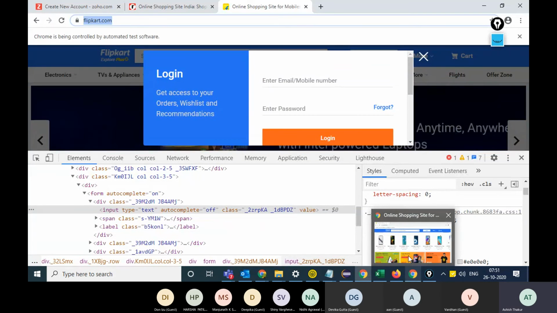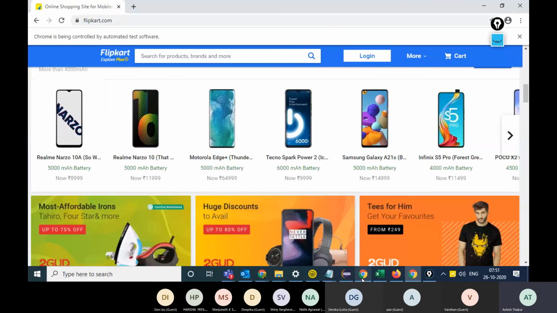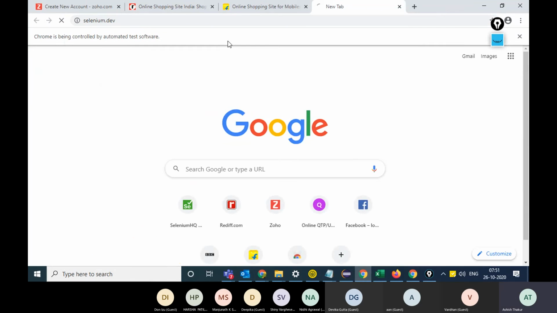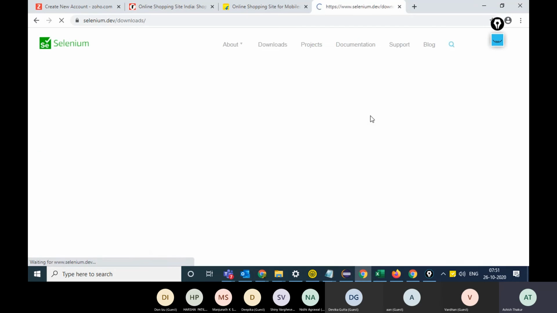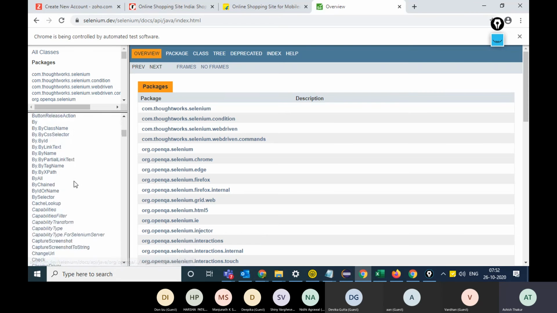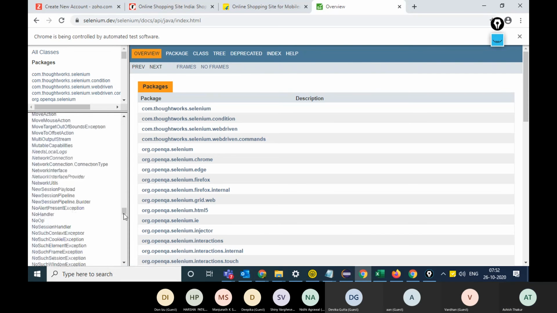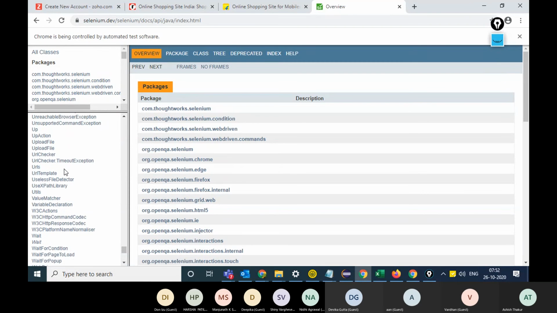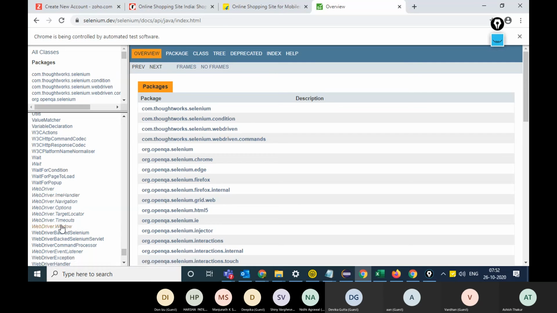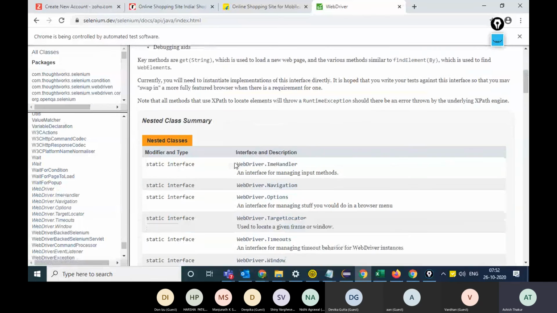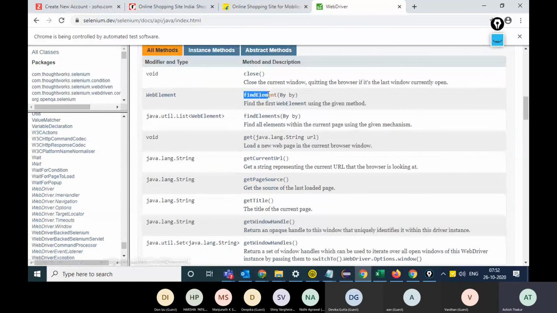If you look at the Selenium website and the API docs, under WebDriver, you will be able to see the find element function.